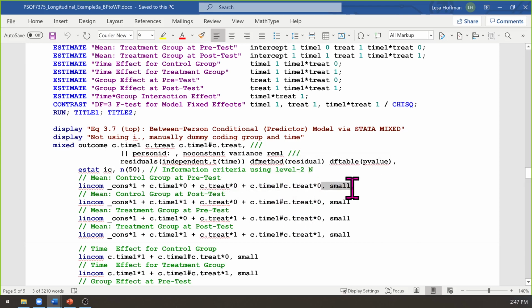Small, by the way, oh my God, if anyone from Stata Corporation is listening, can you please stop this? So I asked it to use degrees of freedom for the denominator in the estimation. In mixed, this is not a default. If you don't add that, you get z's and chi-squares assuming infinite denominator degrees of freedom. For samples that are smaller, then you should have t's and F's instead.